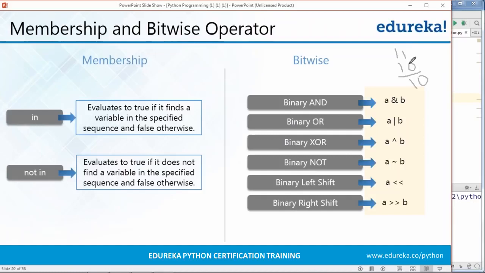Suppose if we want to perform OR operation also, now what will happen in OR operation? If we OR both 1 and 0, what will be the answer? The answer will be 1. Similarly, 1 OR 1 will be equal to 1. You getting it? Now when we perform XOR operation, 1 and 0 equal to 1, but 1 and 1 equal to 0. When we perform NOT operation, then you just perform the